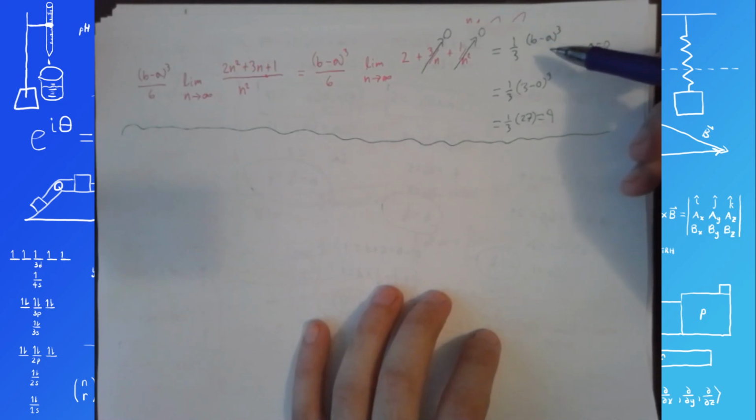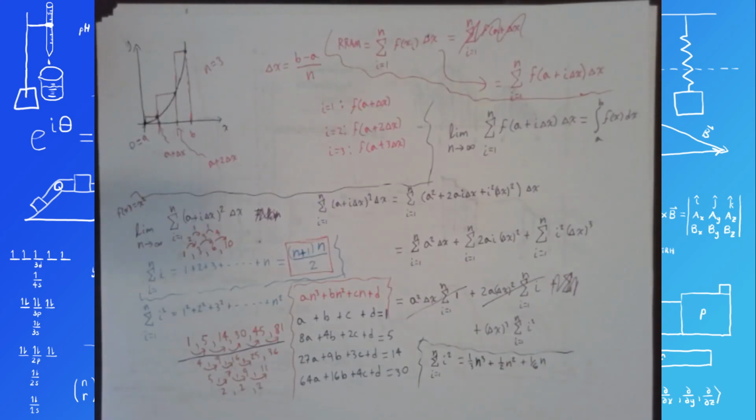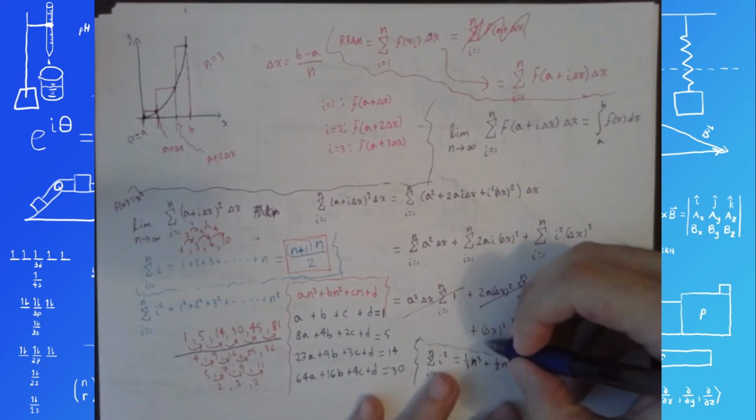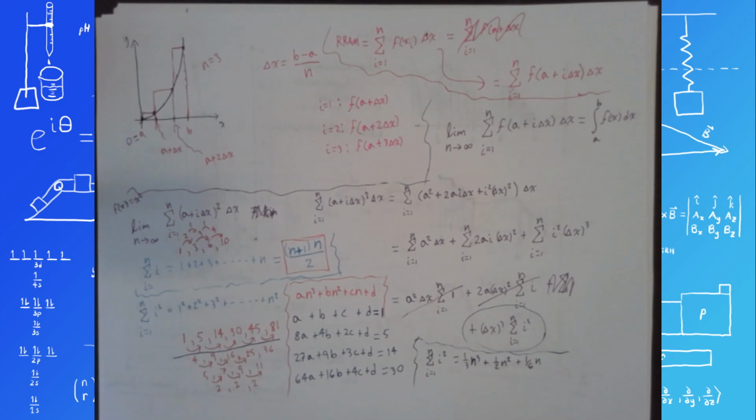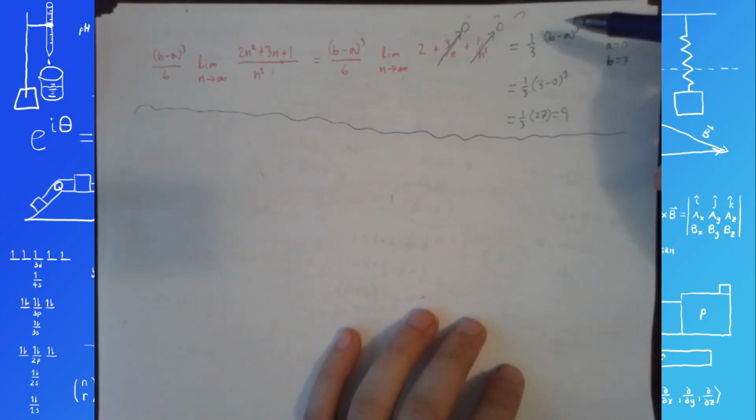And that would have resulted in 1/3 b cubed minus 1/3 a cubed, which I think I'm going to go ahead and do because we might as well. It doesn't hurt. Maybe it'll help with checking my work too and make sure that my work from before was done correctly. So let's see. If I add these terms back in, then, well, we already took care of this term last time. This term, when we took the limit of it as n approaches infinity, we ended up with